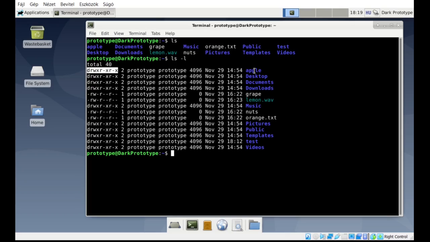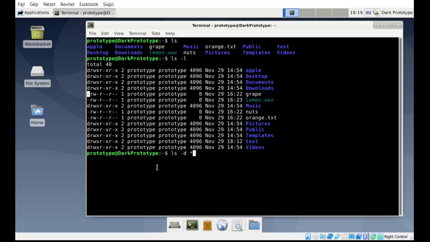Well, we have plenty of ways to check that. For this output, we can check the first character of the first column here. For example, here. If it's a d, then it's a directory, and if it's a dash, like here, then it's a regular file. Or we can use a simpler way to list only the directories with the